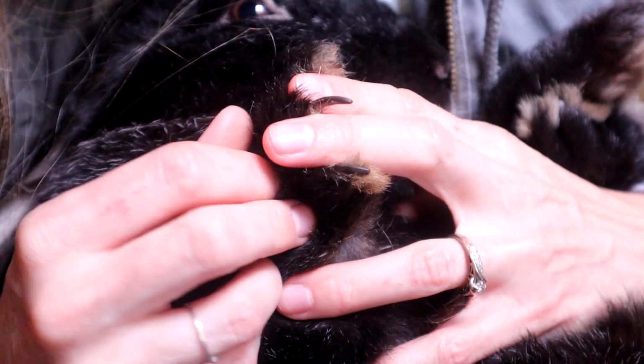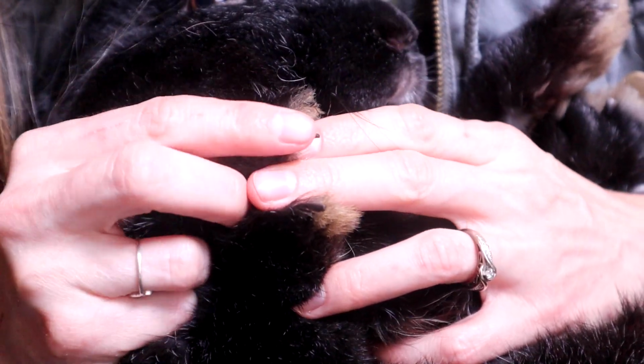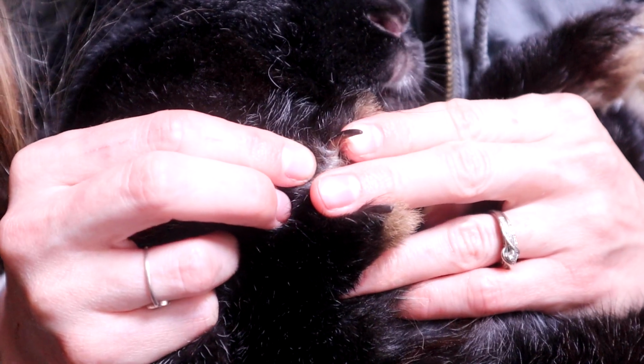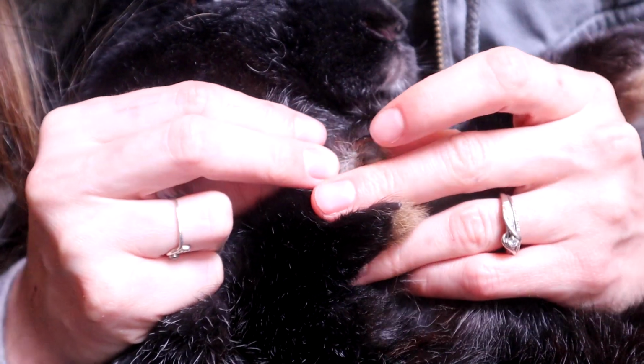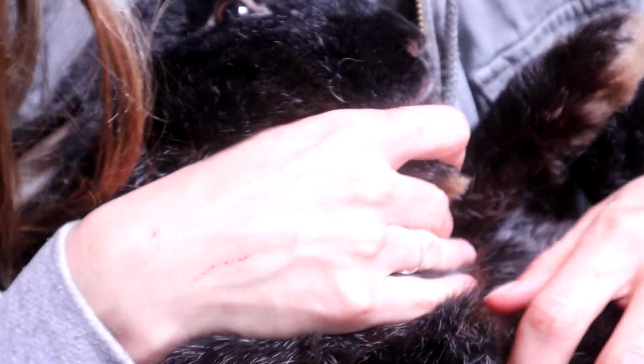But when you push all of that fur back on their front nails, you can kind of see the front nails are a little bit thicker at the base, and then when they start to curve, they get a little bit thinner. So it's easier to know exactly where to clip them once they start to thin out. So for these ones,